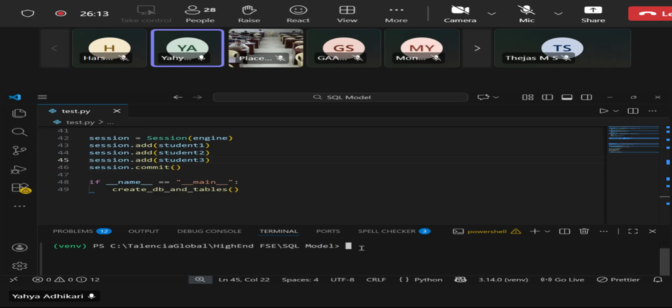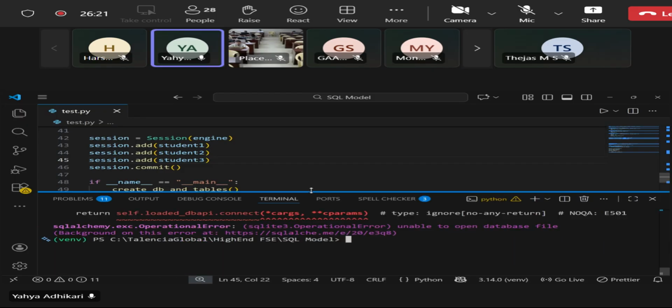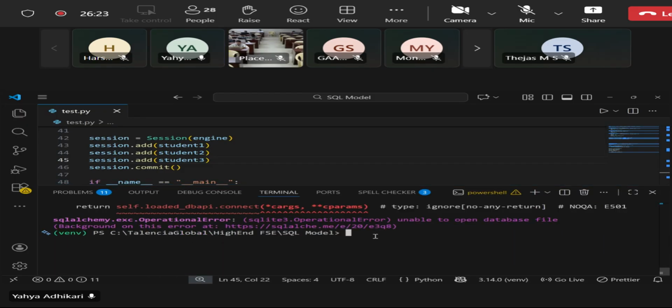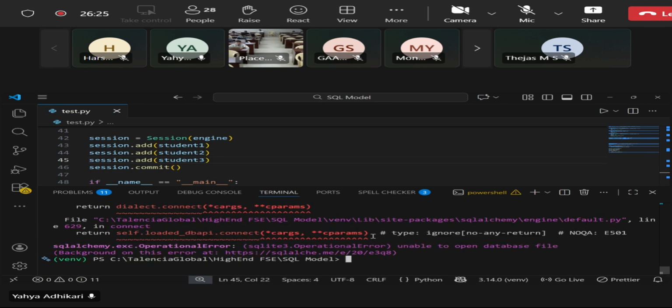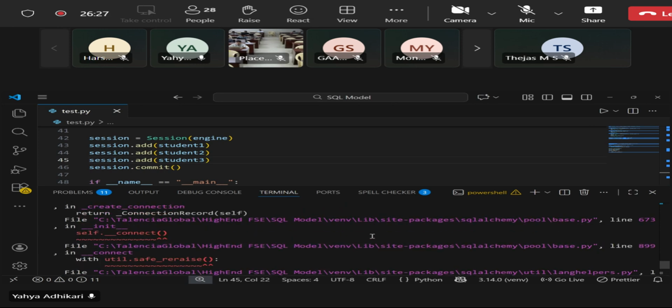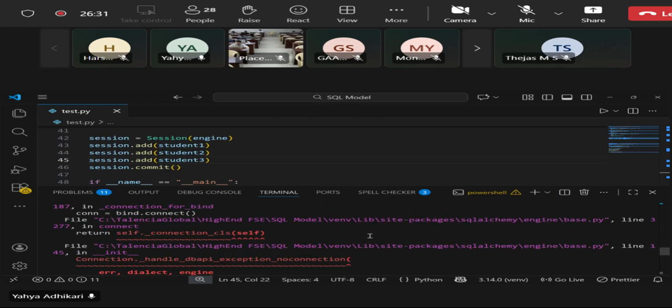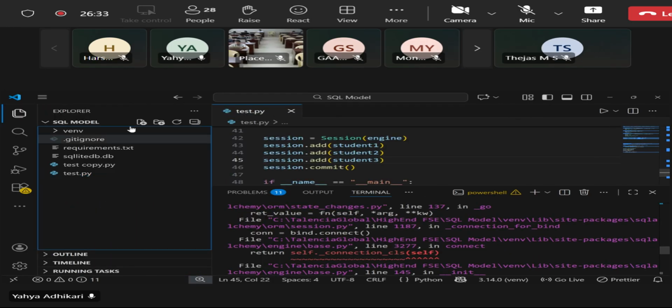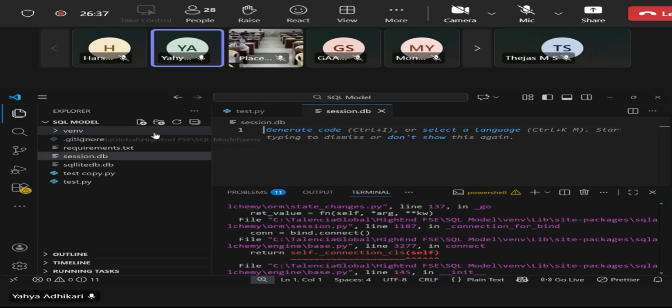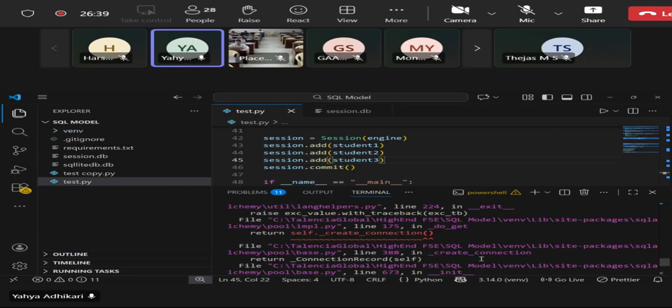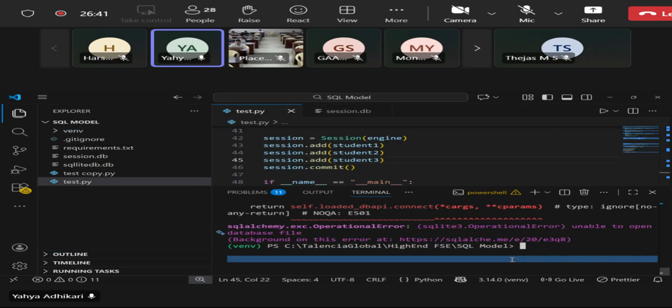Now if I run this, it will create a file session.db. And now if I try to run,